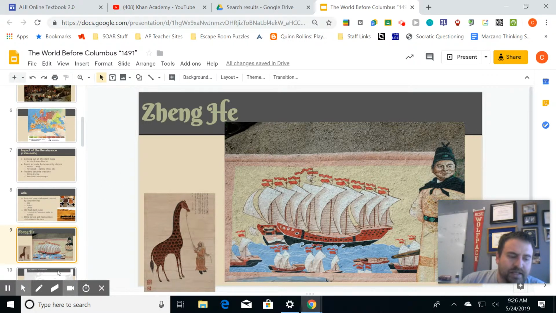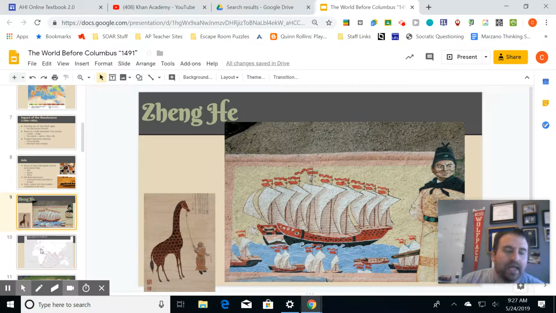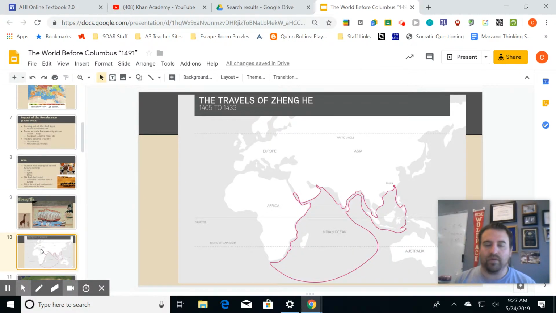So Zheng He is going to sail for China and make contact actually with East Africa. So the Indian Ocean is basically his playground. And a lot of historians note that he stops at the southern tip of Africa. But how would history have changed if he kept going? If he had made that connection to Europe? If he had kind of gone beyond that known world? He turns back and goes back to Beijing, and he brings a giraffe with him. He's making people do this ceremony called kowtow, where they're going to give him gifts.